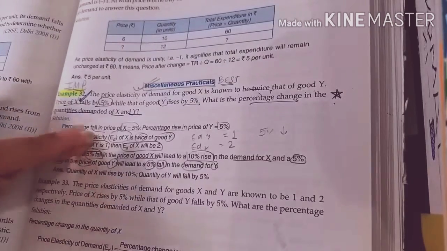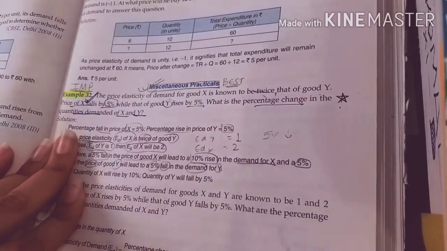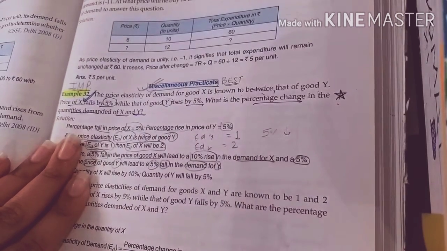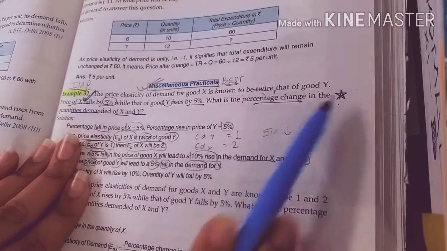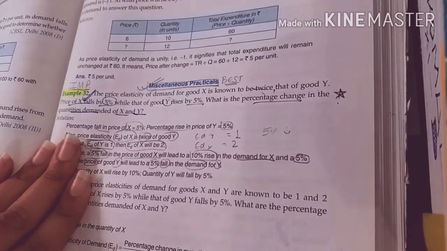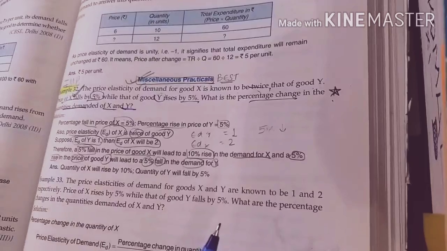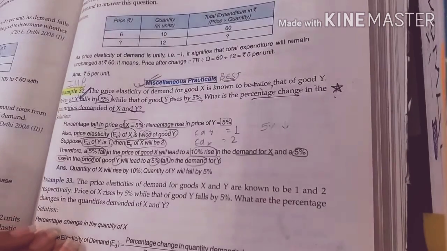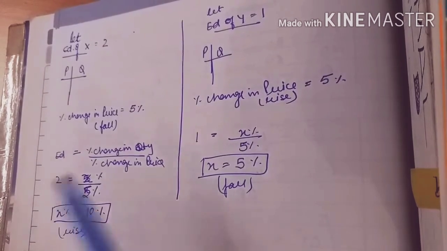Here in this question, most of the students do a disaster. You have to read the question carefully again, and then you have to think about what the question is trying to tell you. Then jot down everything, whatever is given in the question, part by part. For X, make another column, divide your page, and for Y, make another column. You have to do it very neatly so that you don't get confused while doing the question. I am solving the question and then I'll show you the solution and tell you how to do it step by step. Okay, so the solution to that question is,